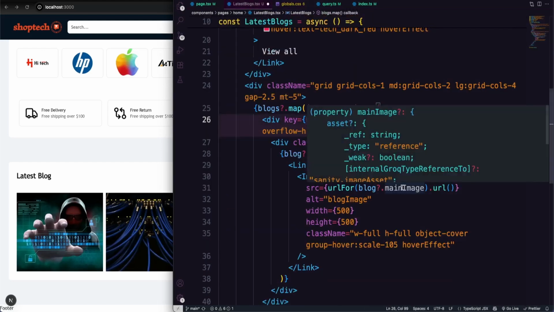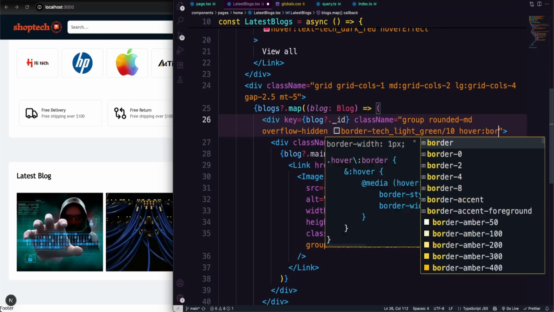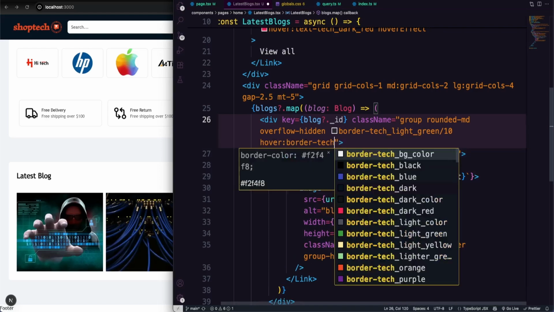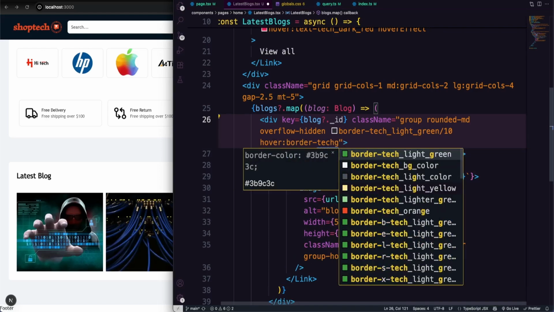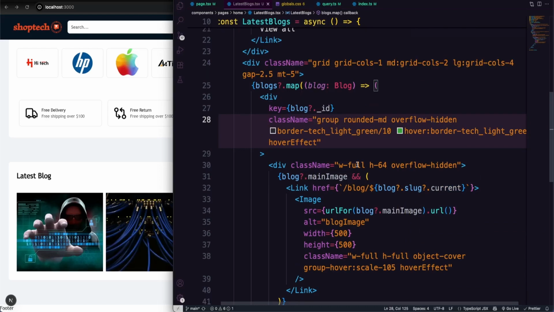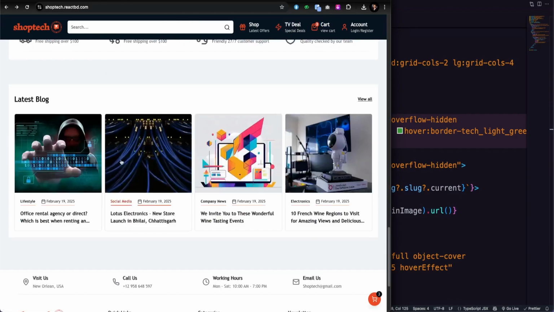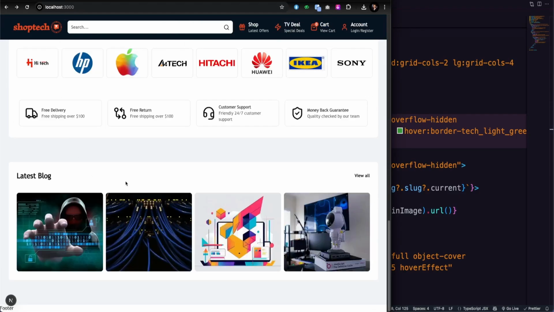Okay, let's bring that here, shop dark green, and then also I'm gonna provide a 10% opacity on the hover. Border should be green, and yeah, light green, and we're gonna make that as a hover effect. So this is gonna be something like that. Yeah, cool. I think this is not making that much effect here, but it's gonna be once we are going at